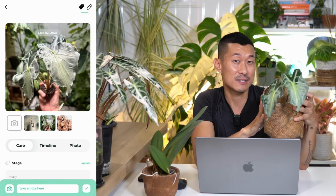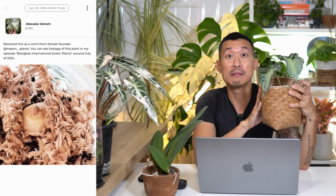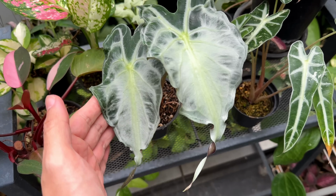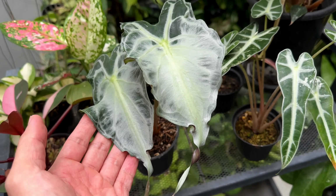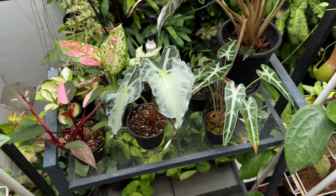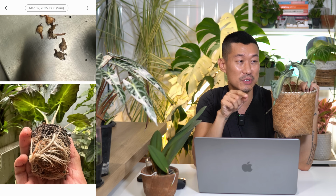But I actually uploaded this as an example in the app because when I got it, it was just a tiny little corm with nothing on it. And for the next 3 or 4 months, it did nothing. So I was super worried. And then finally it sprouted baby leaves, and then it gave me these larger mature leaves. Now I did repot this a few weeks ago, and I was surprised. Not only was it super root bound, you can see that picture up on my journal,